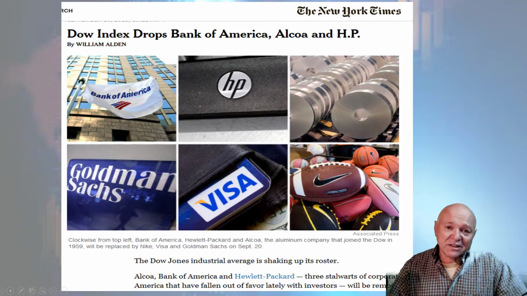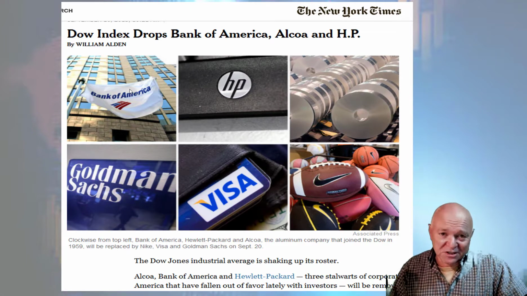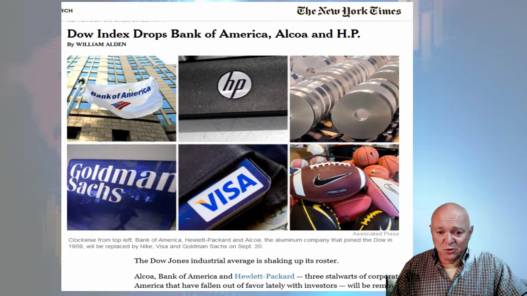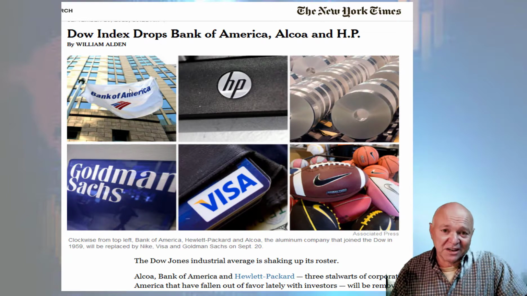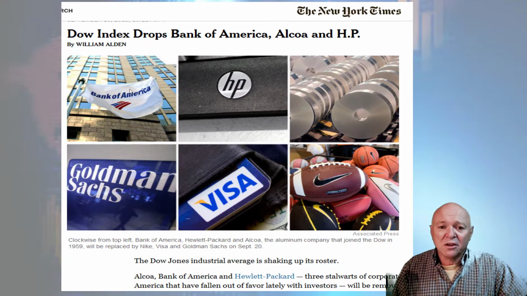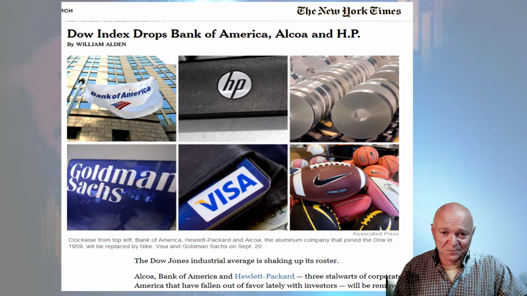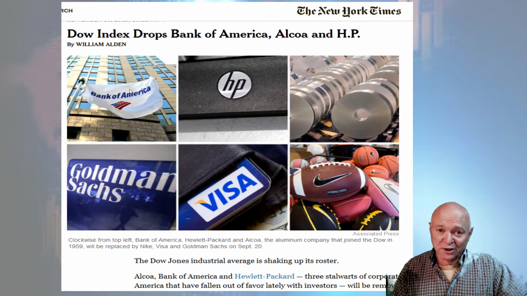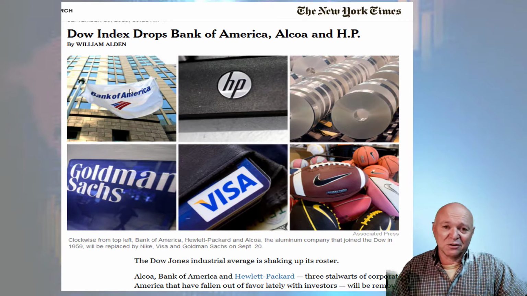Since the Dow Index is constructed of only 30 companies, in order to join the index, they have to kick somebody out. So you can see that when Goldman Sachs, Visa, and Nike were added a couple of years ago, companies like Bank of America, Hewlett-Packard, and Alcoa had to be kicked out. So there can only be 30 at any point in time. In order for Apple to join, they kicked out AT&T. And Apple, in order to meet the requirements of the Dow Index, had to have a low enough share price